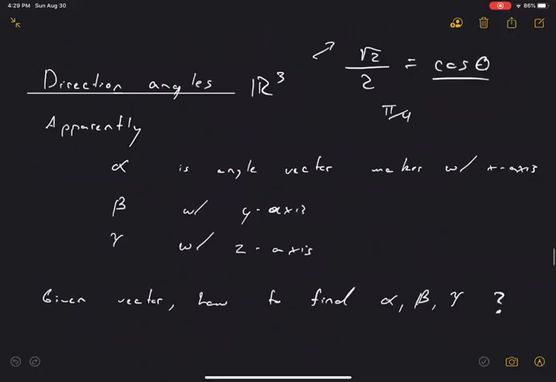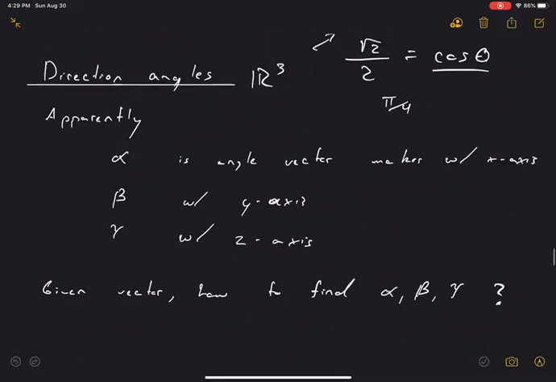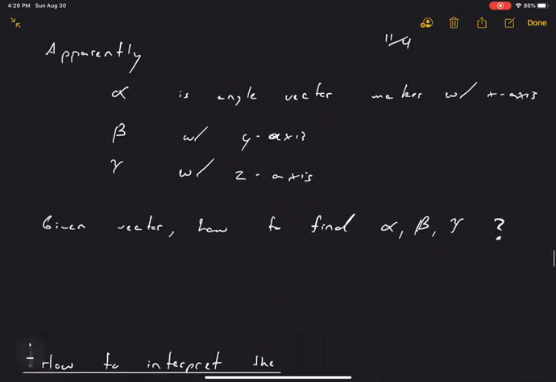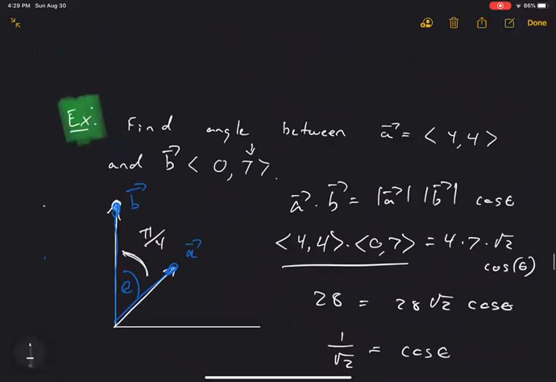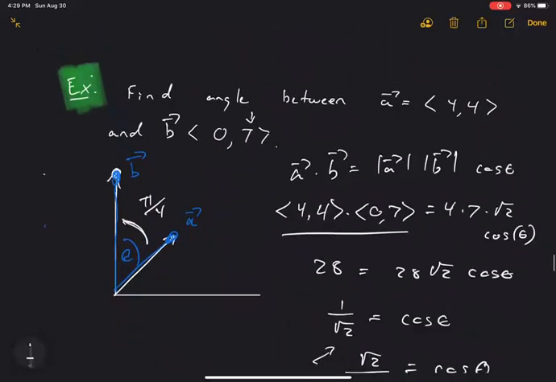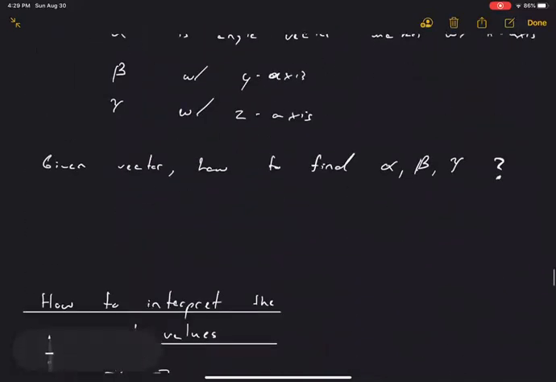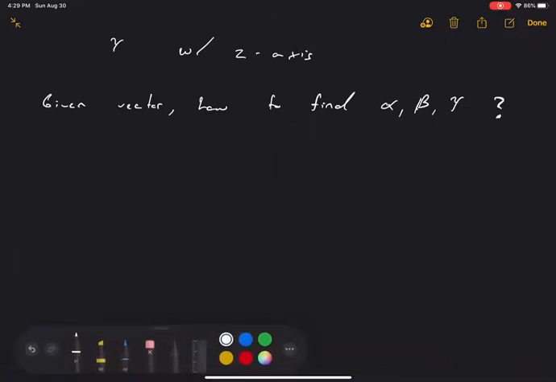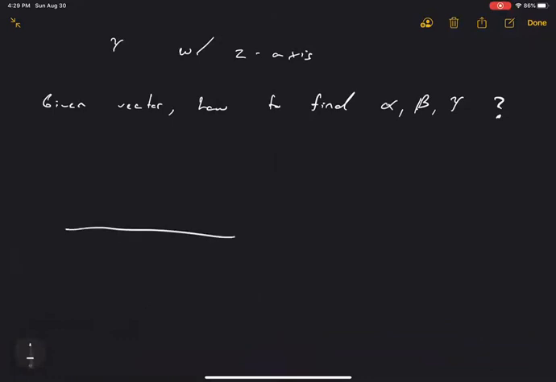Okay, so those are our direction angles. So if we're given a vector, can we find the direction angles? And yeah, it's pretty straightforward. And now that comfort with the i, j, and k notation will come in handy. It's a very similar process to what we did here, finding the angle between two vectors. It's just a special case of that. I want to do the exact same thing. But if I'm given a vector, I'll do a quick and ugly